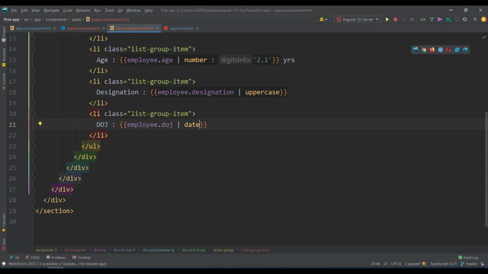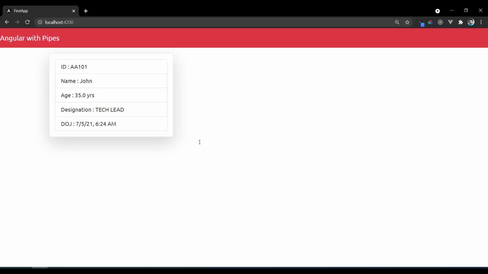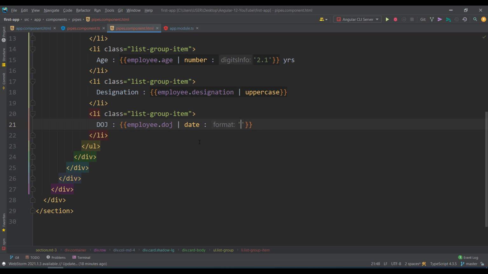Okay, fine. And if you want to have any other format, you may write like this. For example, there is something like a short date. So the short date comes with the time. Or they say medium date.